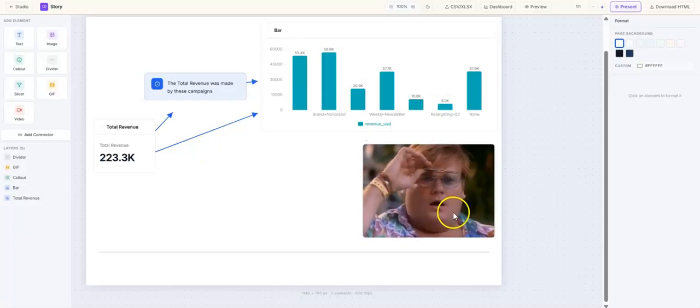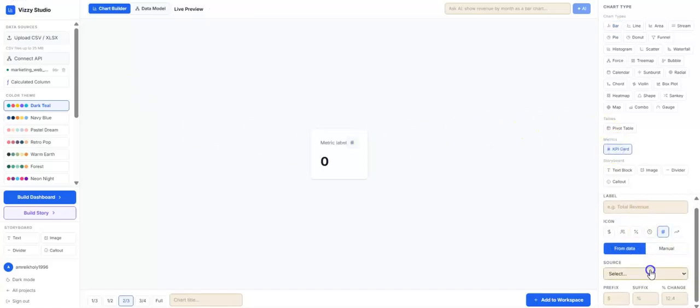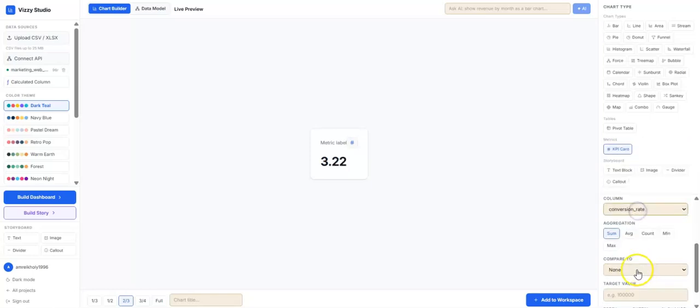If you want to share it with someone, or well, I'm very surprised that we surpassed this, and it makes it easier and more fun to share it with someone else. So let me add another KPI card, and let me add, for instance, a conversion rate. So the average conversion rate, out of the leads that we get, we convert 30%. It's not bad. It's not the best, but what we could do is just keep it